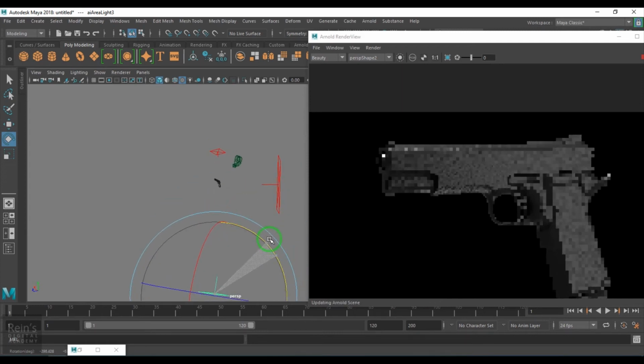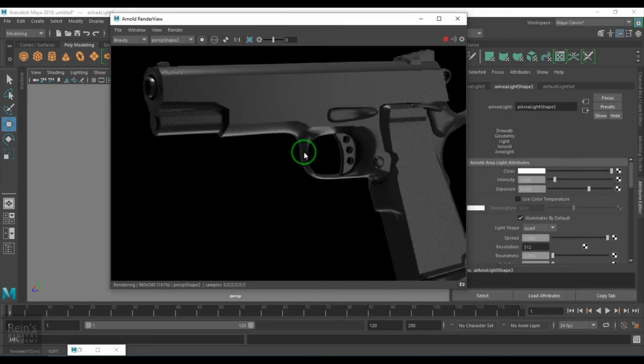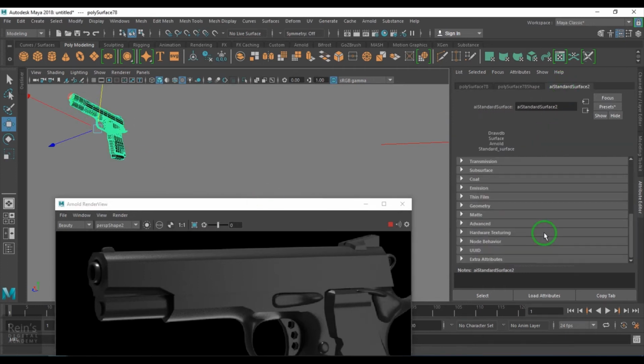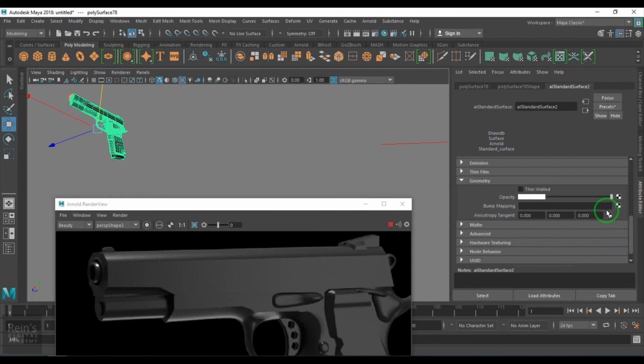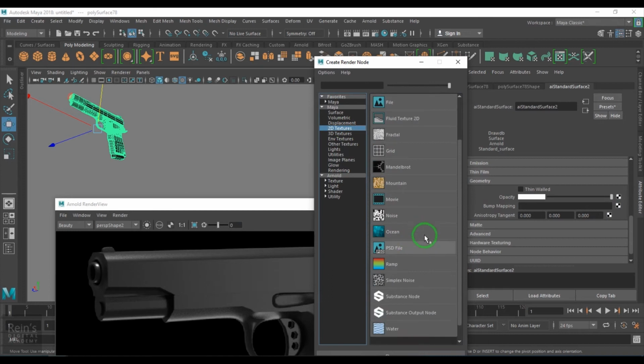Like that, and then duplicate it. That's cool. So we got the paint shader.